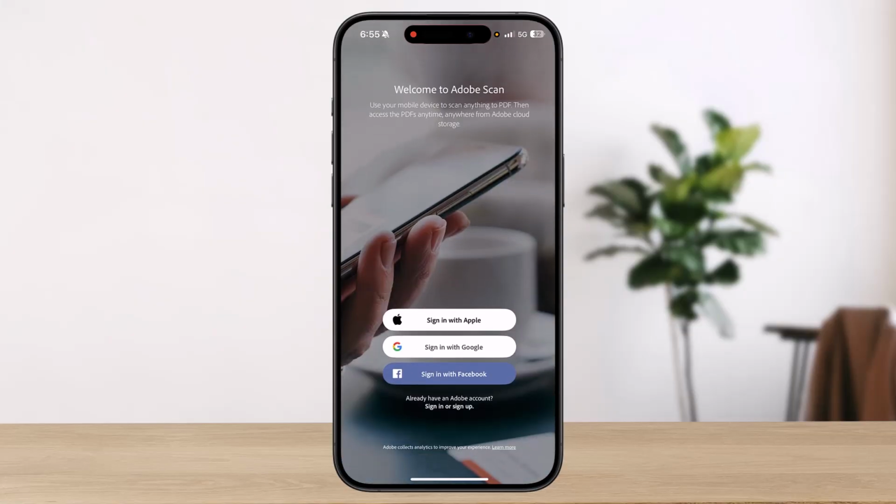Now, as soon as you open the app, it'll basically provide you with four different options. You can either sign in using your Apple account, your Google account, or your Facebook account. Or if you already have an Adobe account, you can simply sign in or sign up. So for this video, since we are here to create an account or sign up, we'll basically use one of the three options on the top side of the screen, which are basically Apple account, Google account, and your Facebook account. So to make things simple,